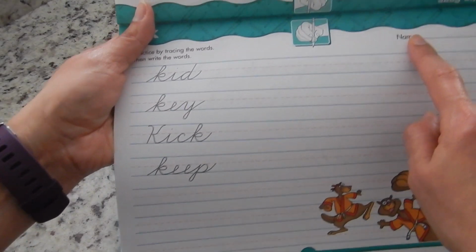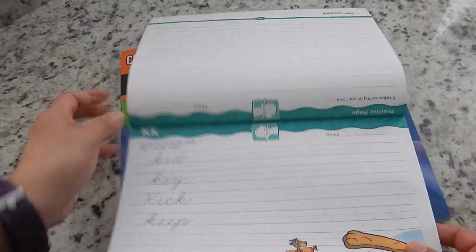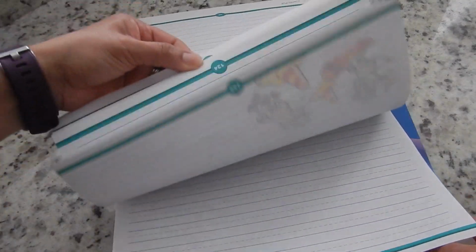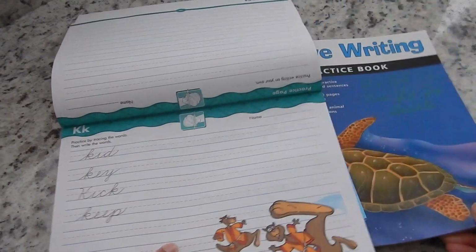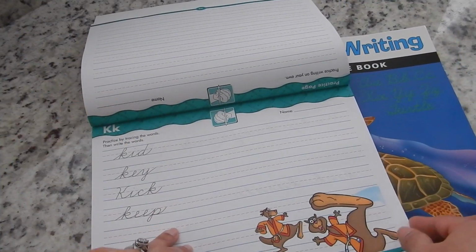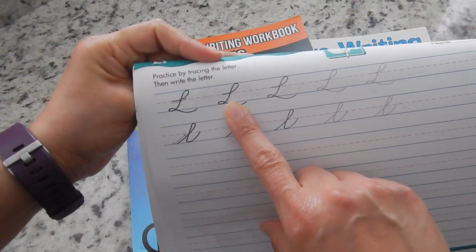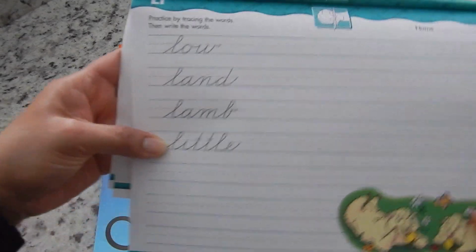And then he writes his name here in cursive, and then he dates it underneath there. And that's basically what the whole book is about. And I don't think there's anything on the back. It's the same thing as this book. Let me go over to the next letter here. They give you an example of the capitalization and then the lowercase, and then they give you words that you have to